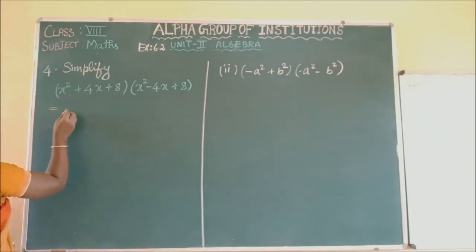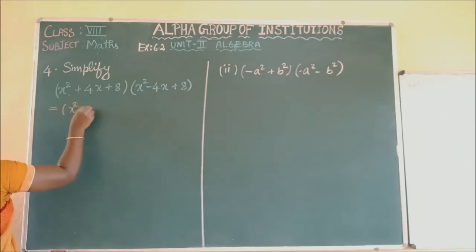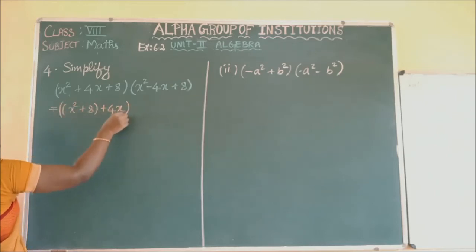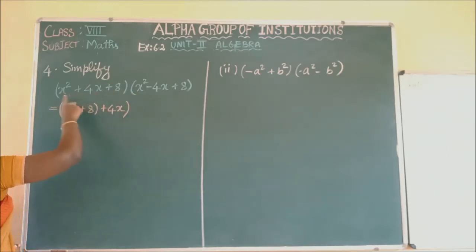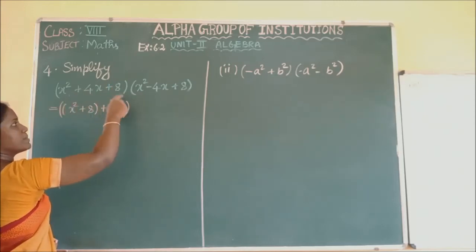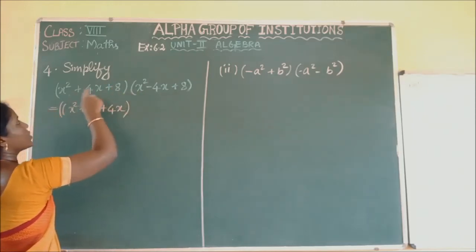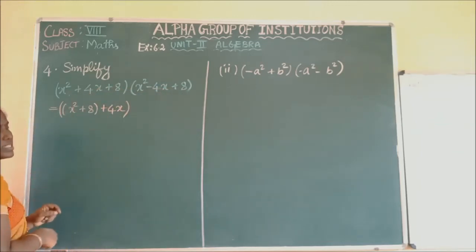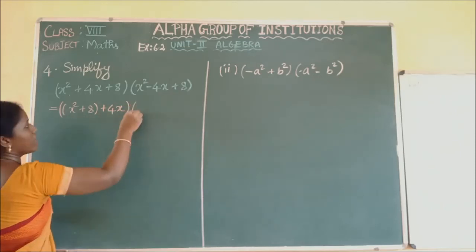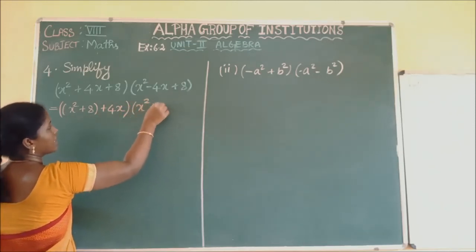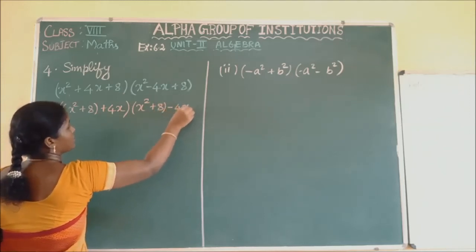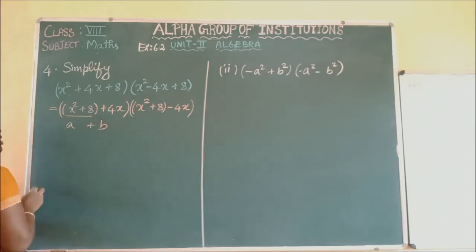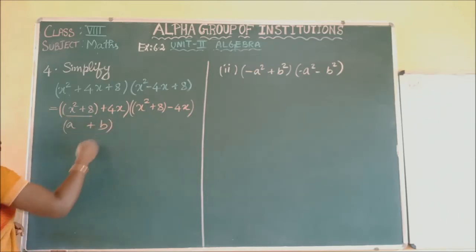So here, if I rearrange, I can rearrange as x square plus 8 plus 4x. The first expression can be rearranged like this: x square, because here, see these two products, x square plus 4x plus 8, the terms are the same only, but x square plus 8 is positive, here minus 4x, here plus 4x. So I am going to use this difference. So x square plus 8 plus 4x, and in the second term I am going to write x square plus 8 minus 4x. Now see, it is in the form of a plus b. This total I am going to take as a, the 4x as b. So it is the form of a plus b.